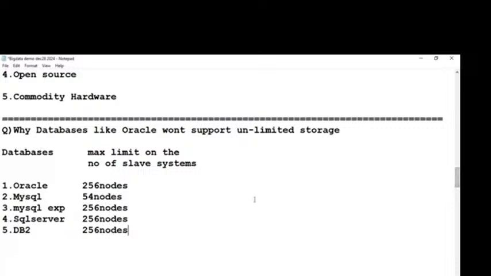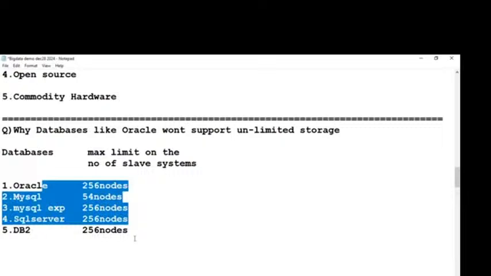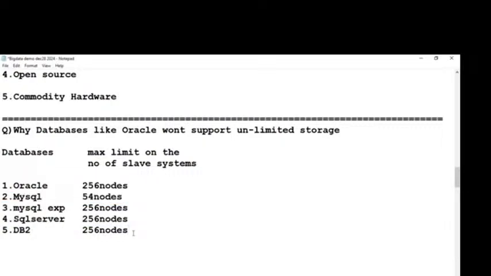Currently it is going with 8,000 nodes for storing its data. Maximum 256 nodes, beyond that it cannot support. Even databases like Oracle, even if 256 nodes are used, it's just like your mobile phone. If I take an example, just like your mobile phone, if it is given 64 GB internal storage, if you have filled the 64 GB,